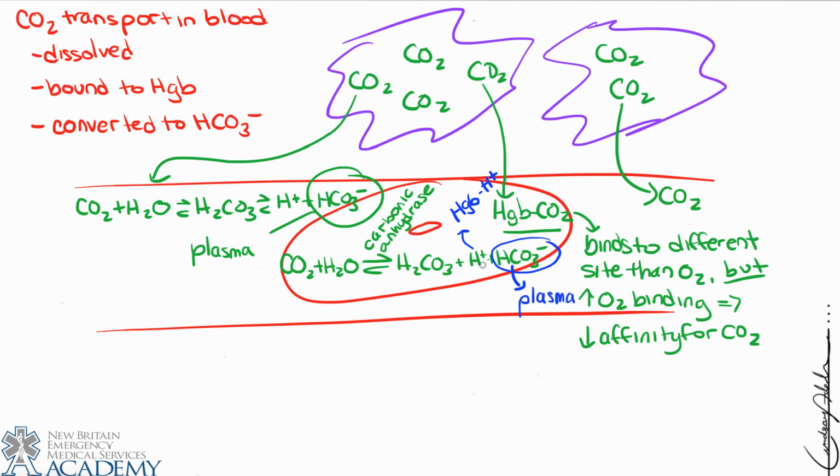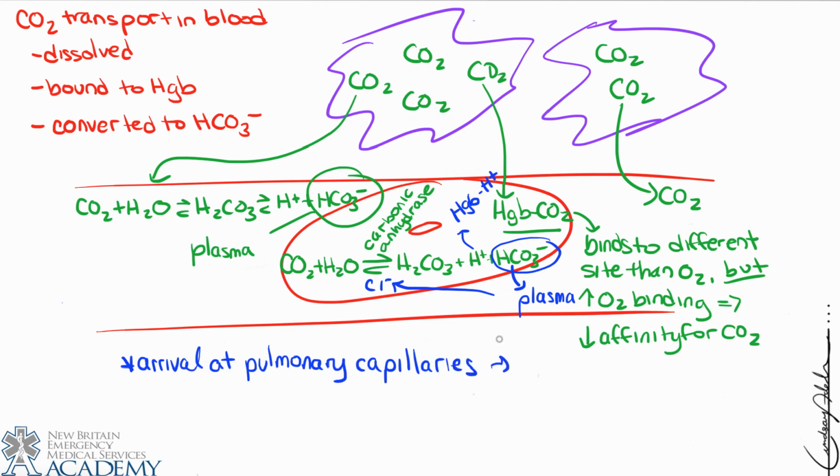Now, of course, if we move a bicarbonate ion into the plasma, what that means is we're moving a negative charge, and so we use a little chloride shift. We move a chloride ion in, and we have a negative for a negative, and everybody's happy. So this is what happens in the periphery. We're going to travel the red blood cell and the blood with all the carbon dioxide in it. Oh, and by the way, 70% is transported as